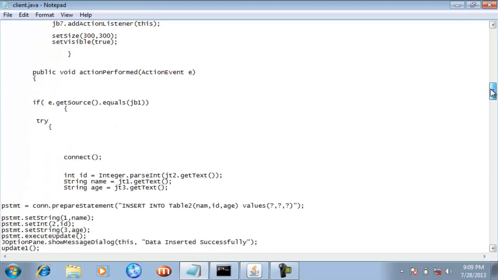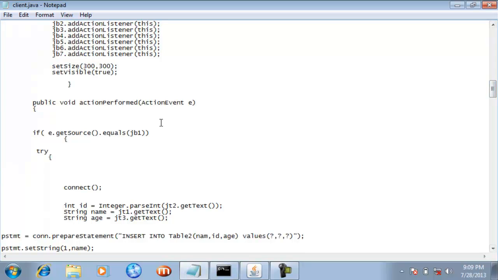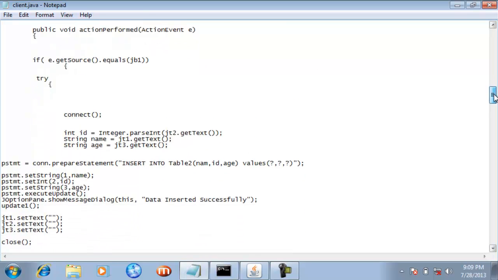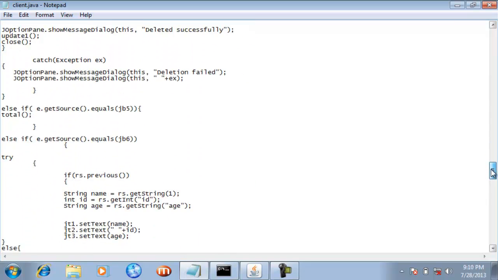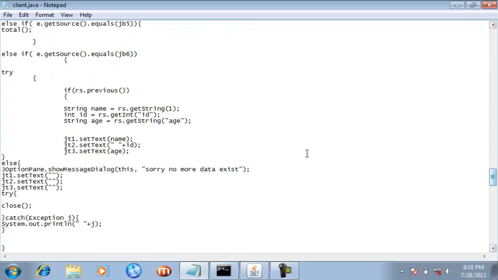So when you click open, this action method is called and this E is holding the JB5, and now we will see which if statement will return the true value. So here is that else if statement which will return true if you click open.